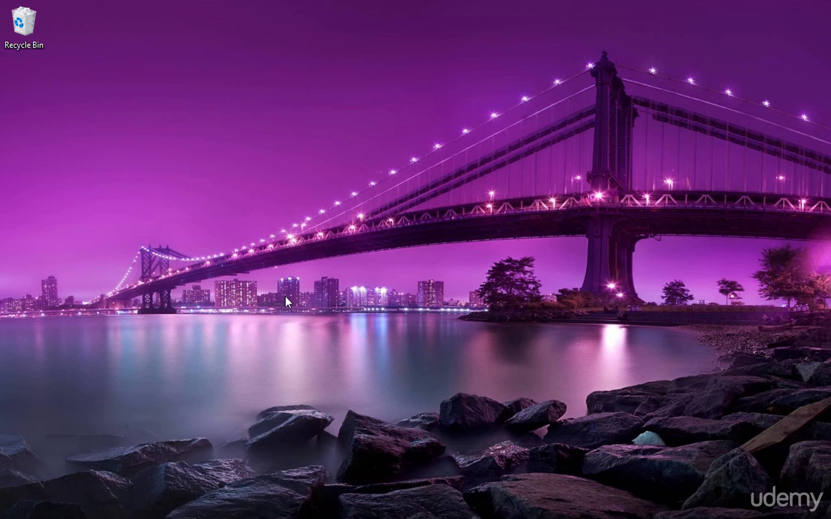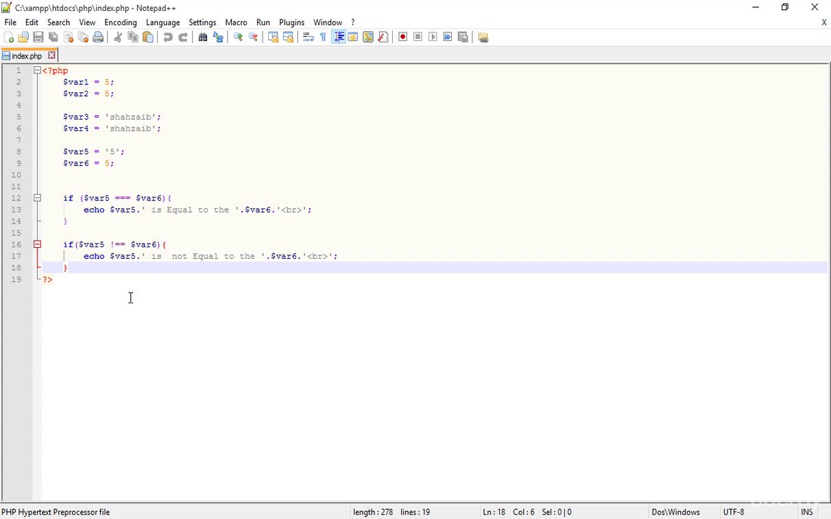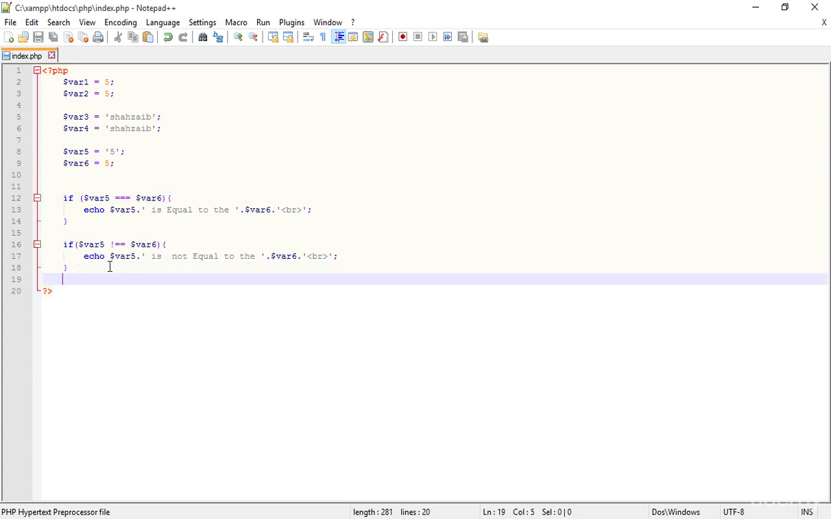Welcome back everybody. Here in this class I'm just going to teach you some more things about the conditional operators. Now we are just talking about the greater than or less than operators. We've learned about the equal to or not equal to, strictly or not strictly operators, but right now